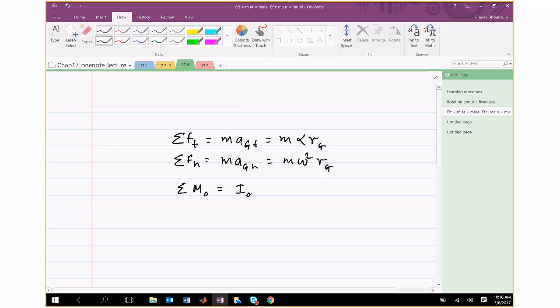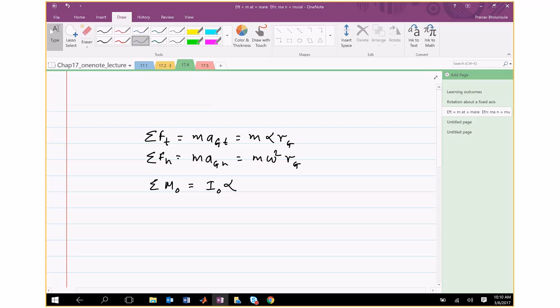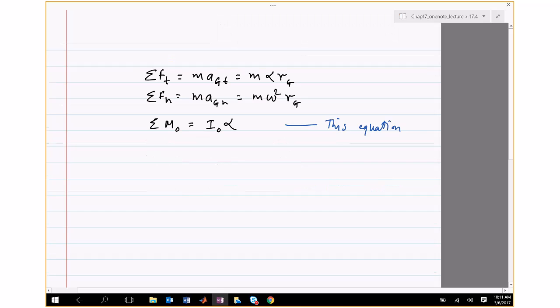So what you need to do is take inertia about O, not about G, times alpha. Why we did this is that this equation will not have OT and ON in it. So it can be used to solve for alpha